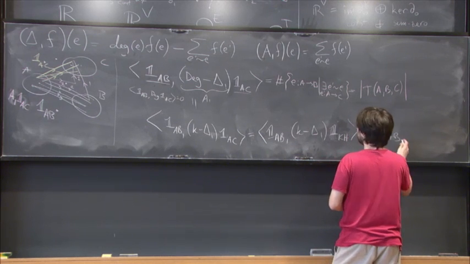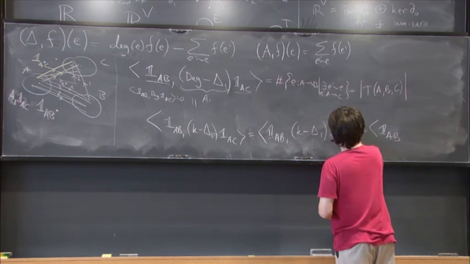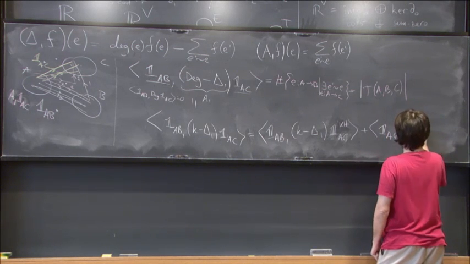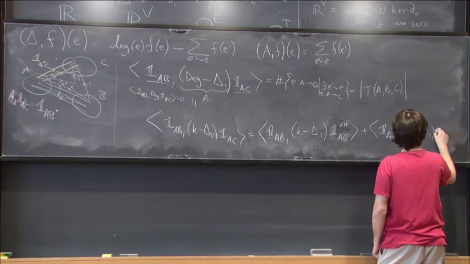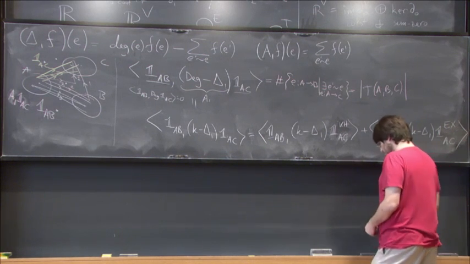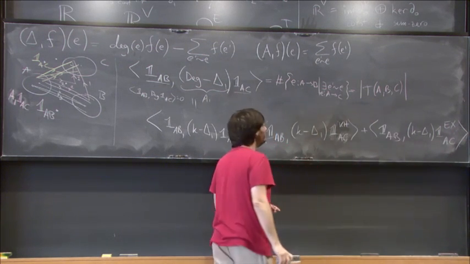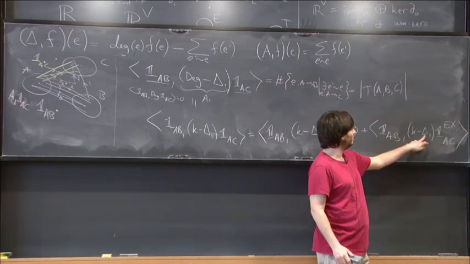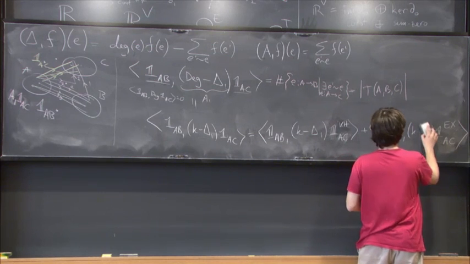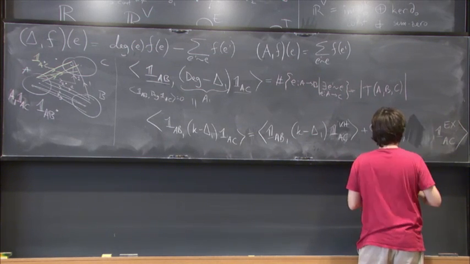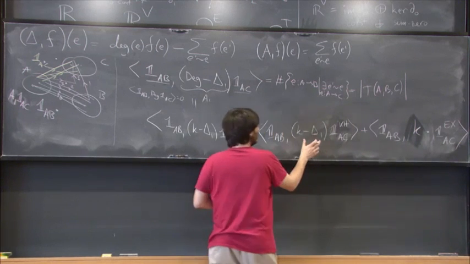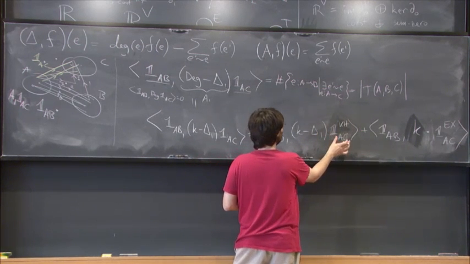So 1 AB, 1 AC Kirchhoff, and 1 AB, K minus delta 1, exact. Okay, and what do we know? The exact part is in the kernel of the Laplacian. So I can just remove this and stay with K. And the Kirchhoff part,